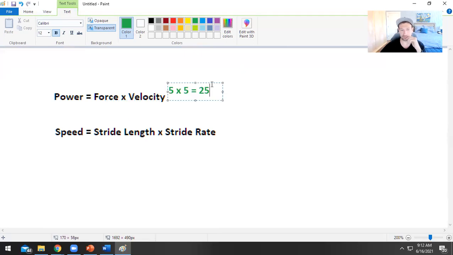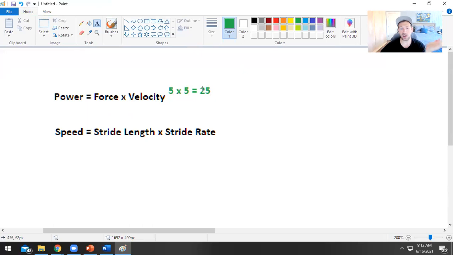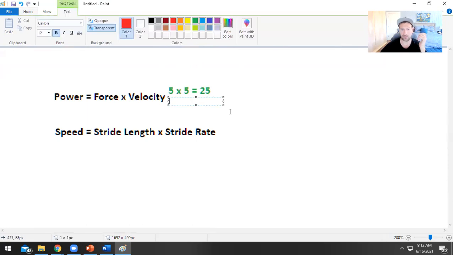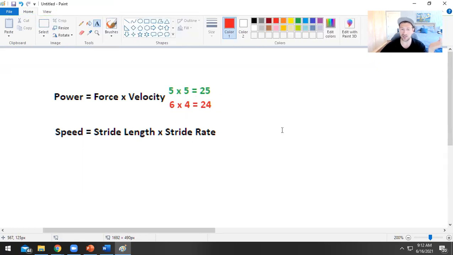Now, if you take away one and add it to the other one, let's say you spend all of your time focusing on training for high force. Let's say you do a lot of heavy barbell squats or something, and your force output goes to 6 units. Again, we're just making up numbers here as an example. This isn't really going to apply to the real world. But let's say you have 6 units of force production, but now you've neglected your velocity training, and so that drops down to 4. That's a 1 number difference in each direction. Well, now your overall power output is going to be 24. We actually lost a little bit of power.